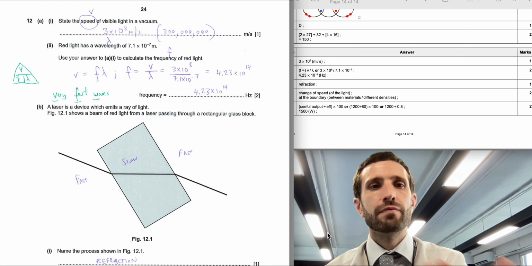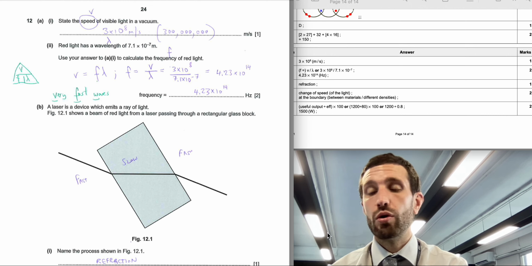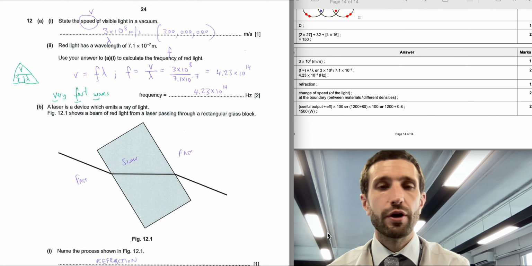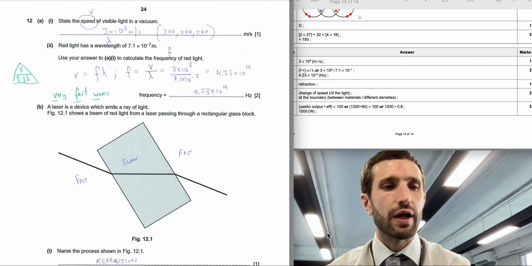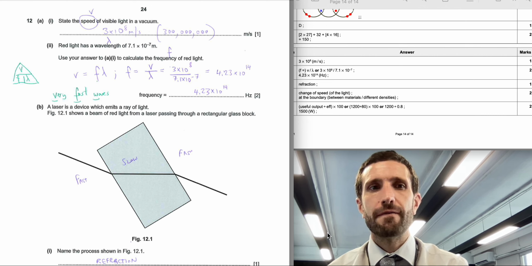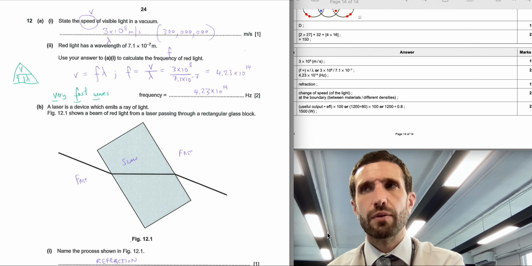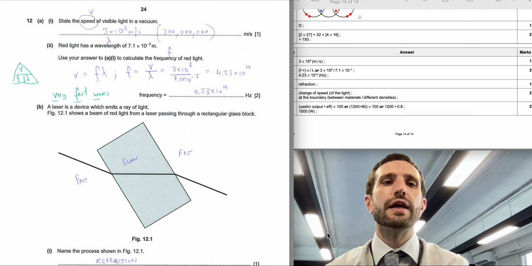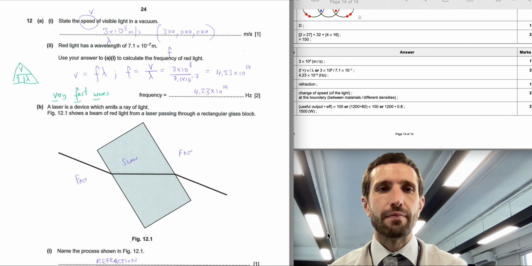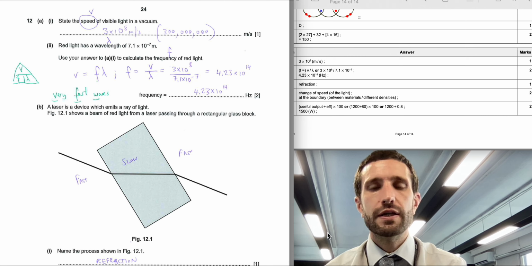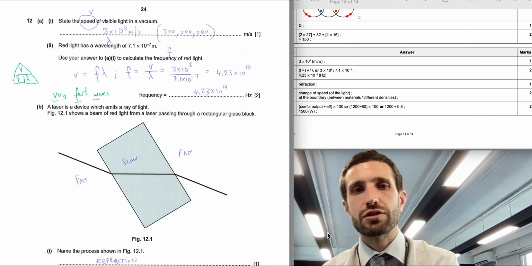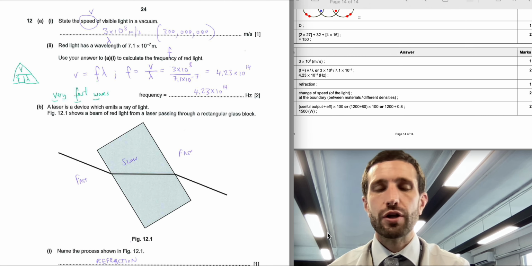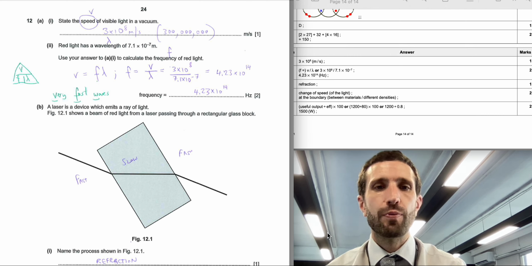Now, v equals f lambda may be an equation you know already. I like to encourage people to use mnemonics. So, very fast waves, quite like that one actually. Very fast wave, v f w lambda, is the way that I would remember it. v equal to f lambda. Well, if we know v is 3 times 10 to the 8, and lambda is 7.1 times 10 to the minus 7, then we're going to do a bit of dividing, and we're going to get 4.23 times 10 to the